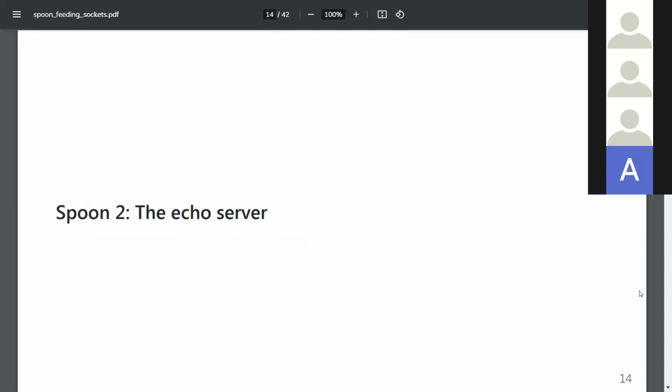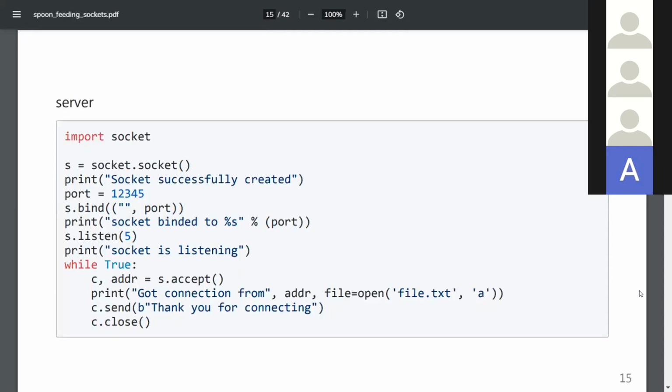And then most people, when they talk of something basic to do with servers, start with an echo server, which normally just binds to a port and an address. Like the server starts listening at that port and at that address.